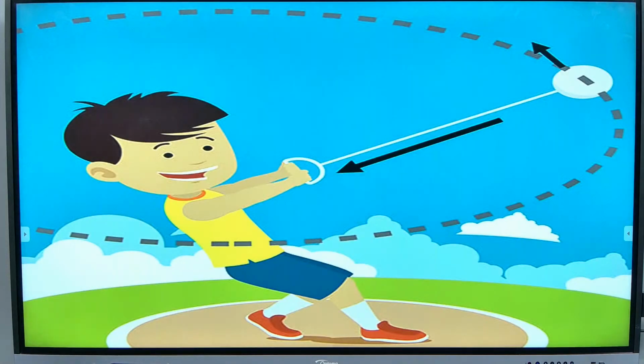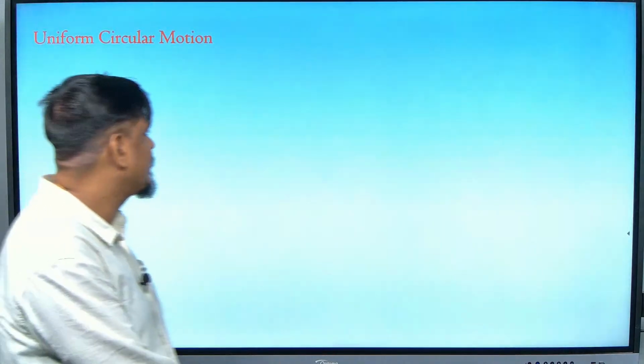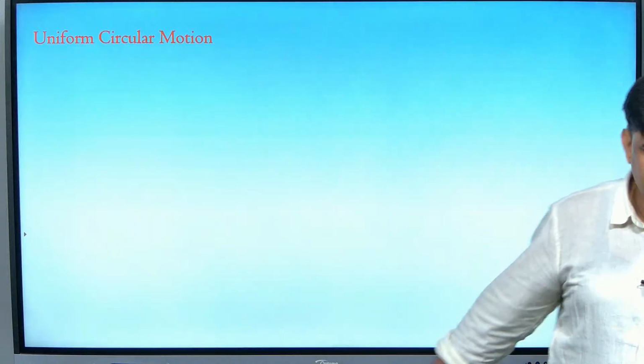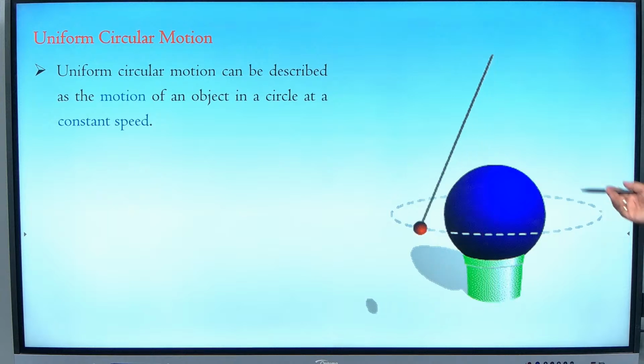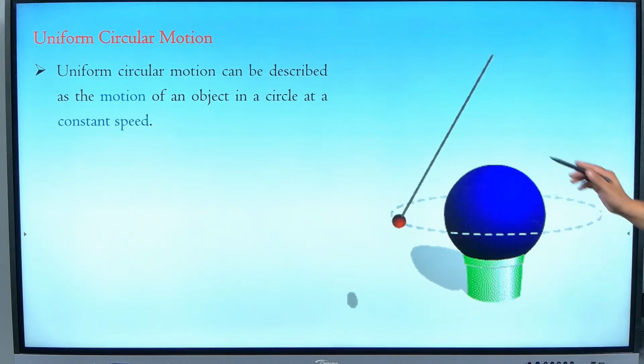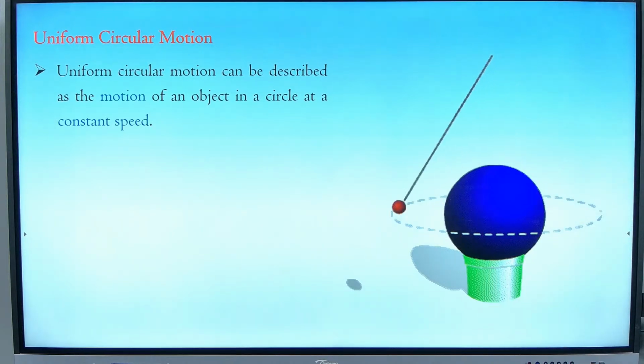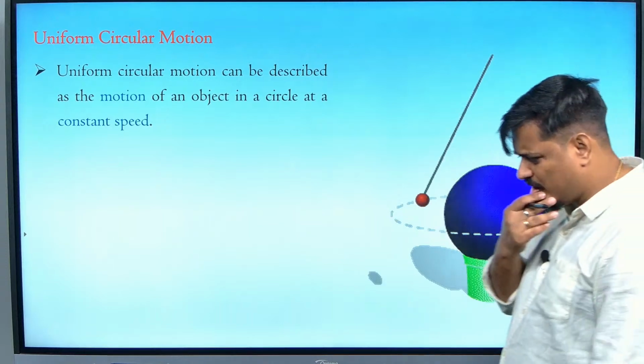Okay. Now, circular motion is not new for you. We have talked about circular motion in the second, third chapter itself, motion in a plane, where when an object starts moving in a circular path, centripetal force acts towards the center of it, isn't it? All these things we have studied in our earlier chapters itself. But now, if I talk about this thing, it is moving in which path? Circular path.